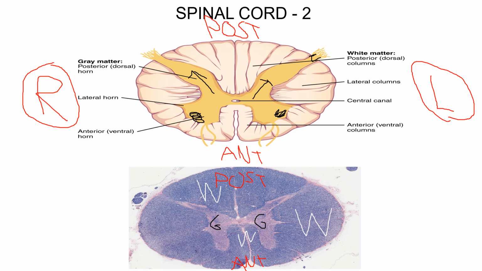So let's name these horns, and they're very easy to name if you remember the alternative words for anterior and posterior. In chapter 1, we said that we won't come back to this until the nervous system. Well, here's the nervous system. So instead of using the word anterior, we often use the word ventral to describe spinal cord anatomy. And you can see in the picture, anterior is not wrong. You can see actually ventral's in parentheses, but just for clinical perspective and terminology, you'll hear ventral and dorsal more